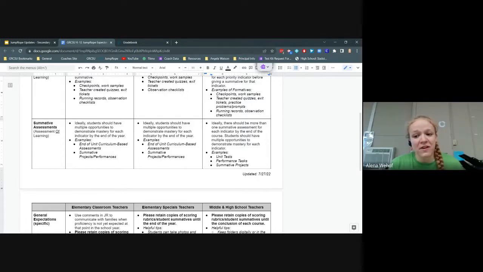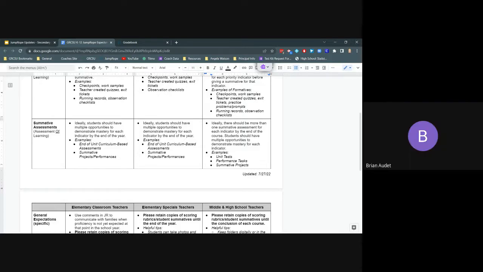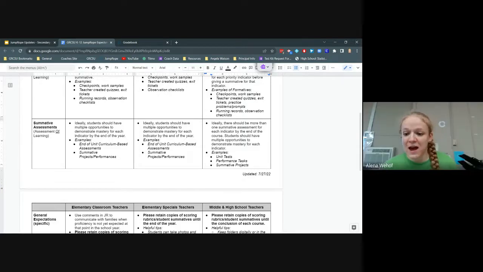Again, this is going to vary depending on context and content area. In some contents, you may have an indicator that you're summatively assessing in September, and then you're summatively assessing it again in October because it makes sense to do it that way. And then there are others that, oh, hold on, we're getting some feedback.